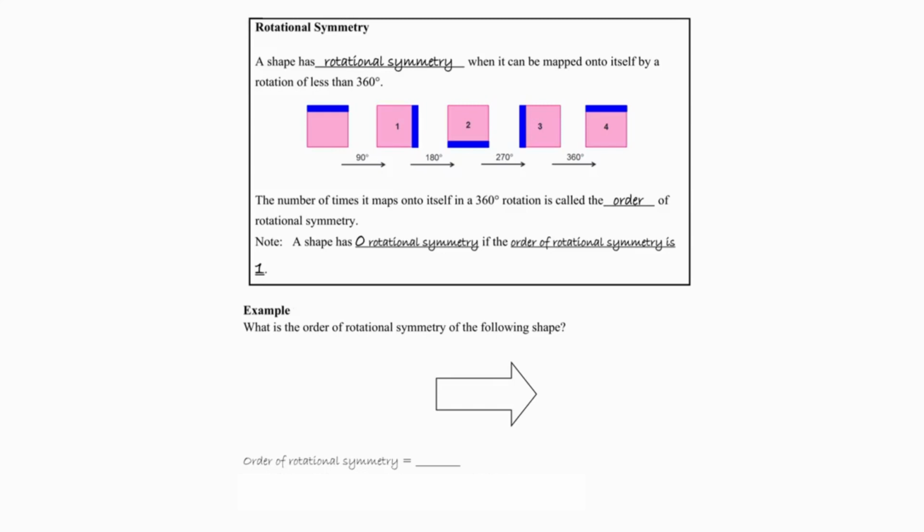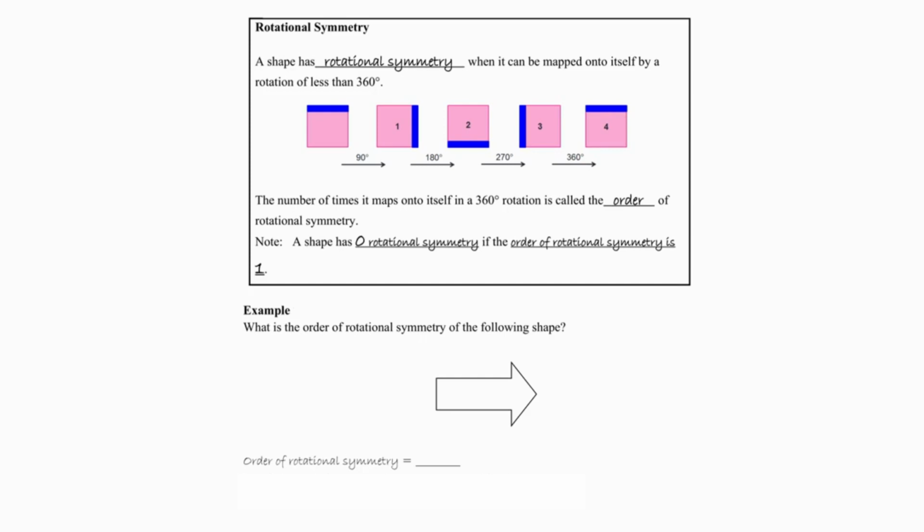Hello everyone, welcome to this video where we are exploring what we call rotational symmetry. A shape has rotational symmetry when it can be mapped onto itself by a rotation of less than 360 degrees. That means after going through 360 degrees one round, how many times it is exactly the same shape as it is? So if we are looking at a square, a pink color square,